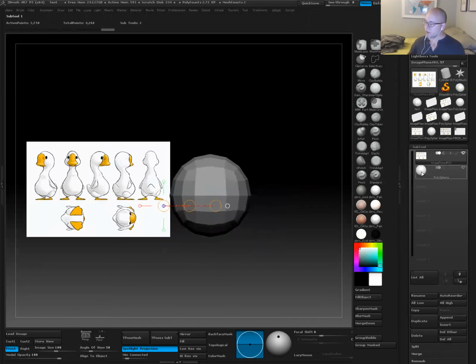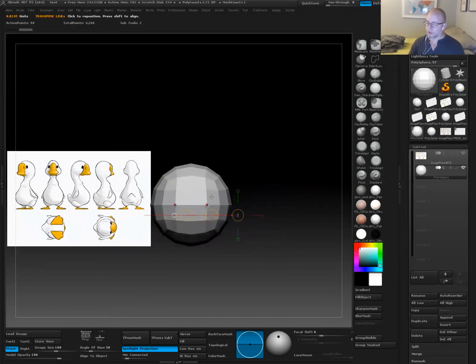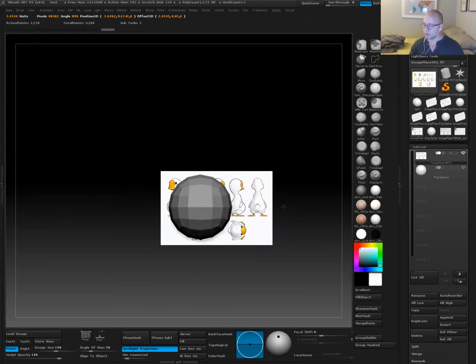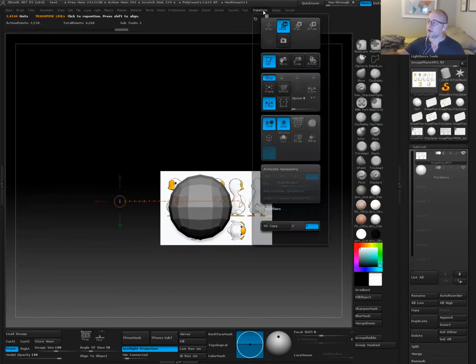Now, it's really important to note that we want our geometry to remain centered. So I moved over the image, but I'm not moving over anything else. One thing I want to do is get this positioned in a way where I can really work off of this one part of the image here, and make that the center point of it. So I'm going to move this over, and I'm also going to turn on, if I go under transform,